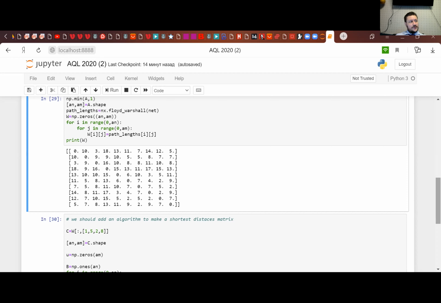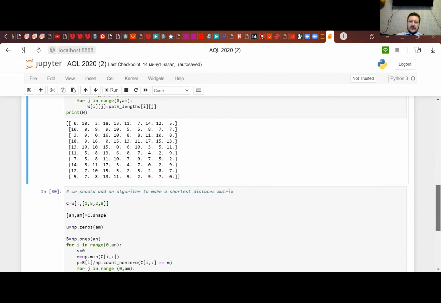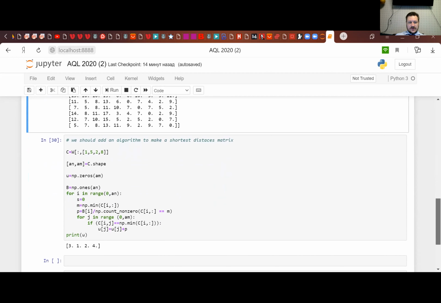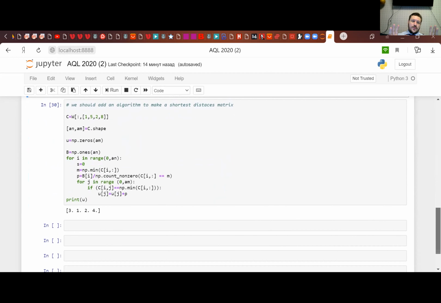But maybe you don't want to use only one connected component. You can create a utility function if there are several components, but it's a slightly more complicated task and it's not required here to handle this situation. But if you want to make your code more general, more powerful, you should check such components. Okay, when you have matrices of distances,